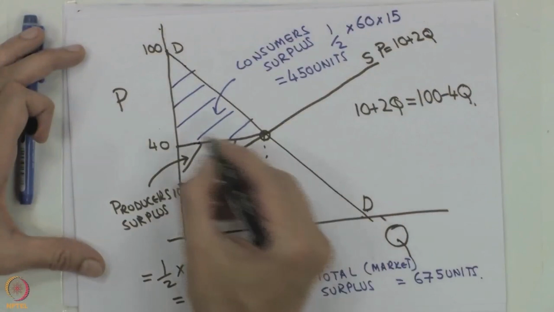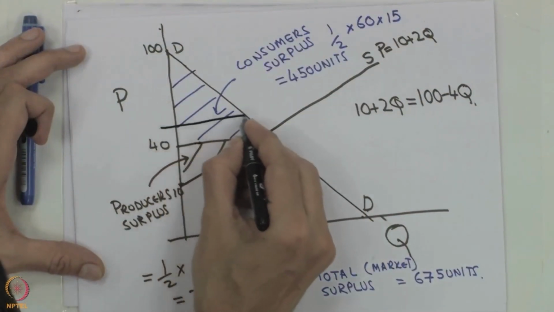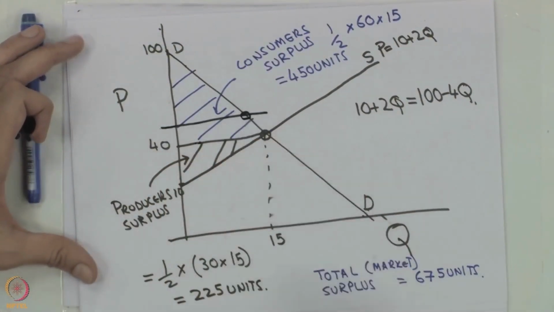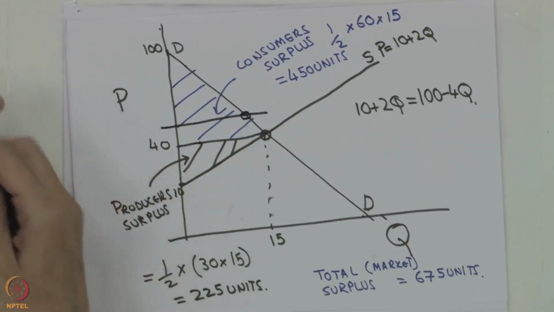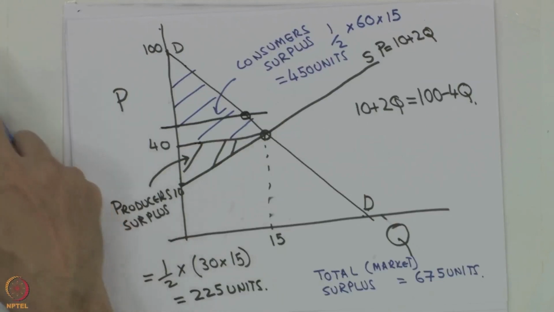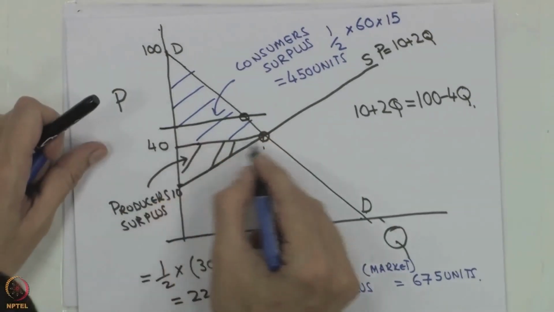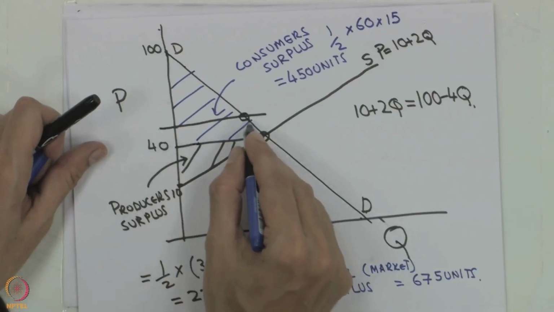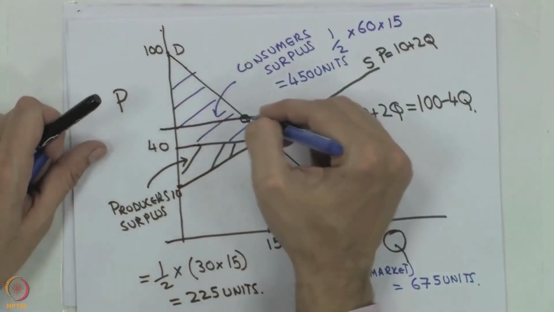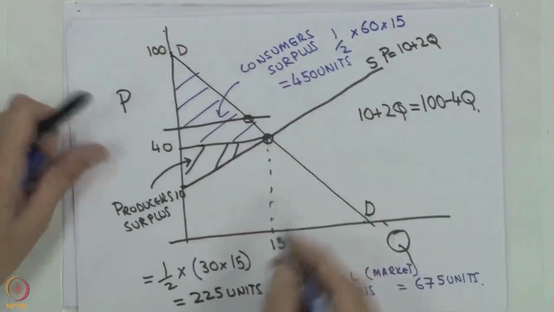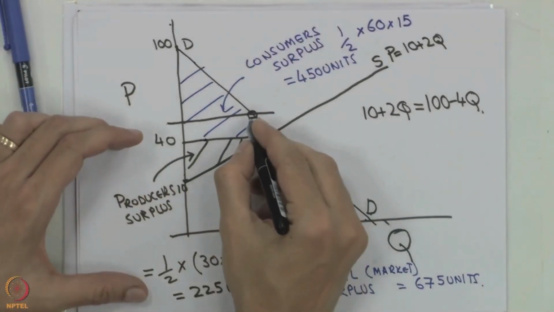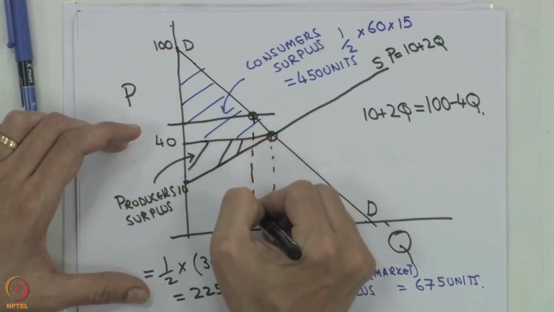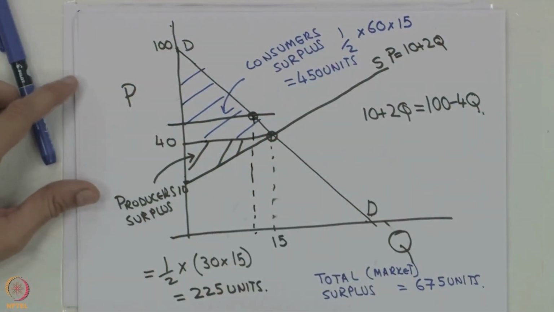But if we now said that, instead of 40, we would like to make this price 50, then what happens to the consumer surplus and the producer surplus? Now in this case, this area is reduced from the consumer surplus. So consumer surplus will reduce by this quantity. The actual equilibrium value of supply would reduce, and we can calculate this by